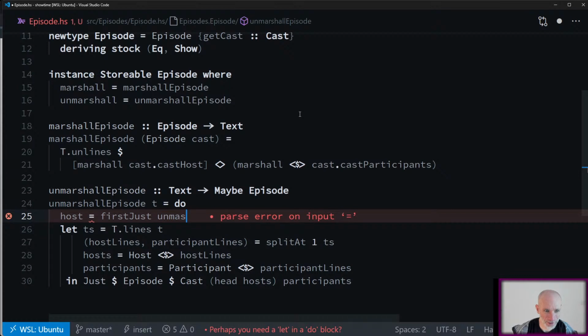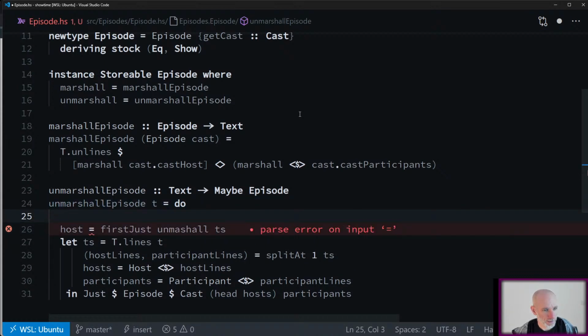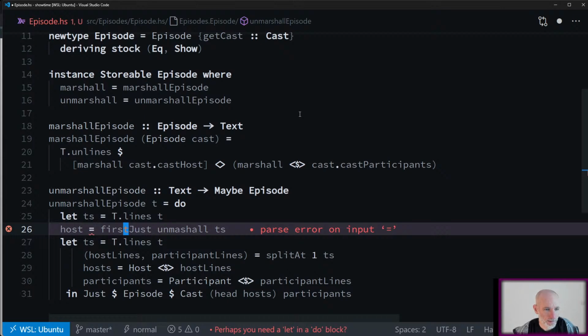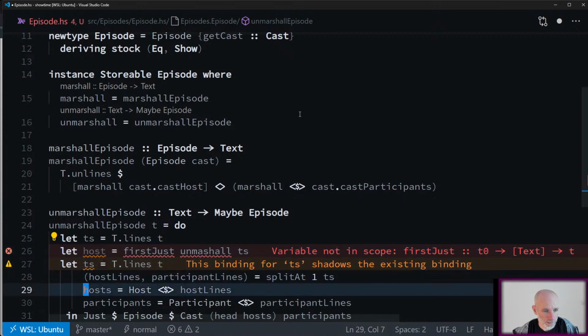unmarshal. Oh, this gets really complicated because unmarshal is from a type class, so the unmarshal it's going to call will depend on the types getting back. But anyway, host will be first just unmarshal, and it needs lines. So we can say let t's equal t dot lines of t, and here we can say let host equal that,